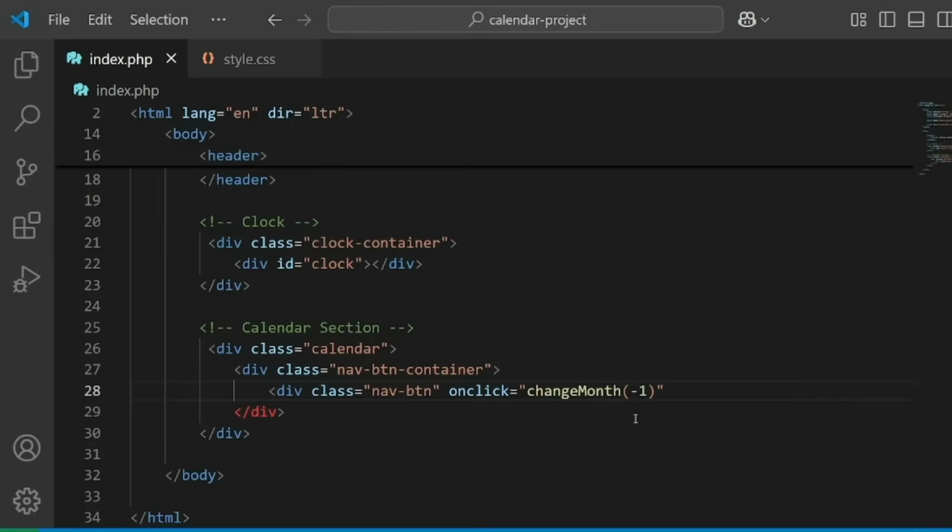But we will keep this for later when we use JavaScript, okay? But this button will be used to navigate between months. So div, and then let's specify it as nav-btn, and then we have to put in here /div,